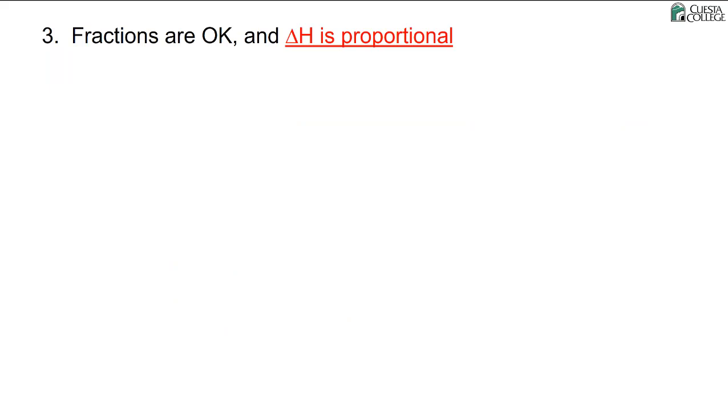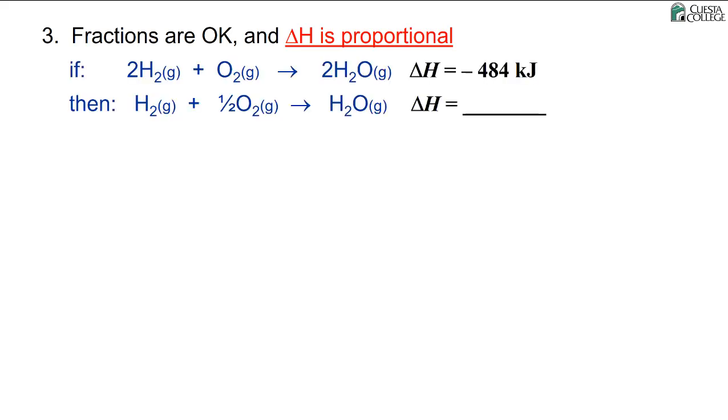In thermochemical equations, fractions are okay, and in some cases, fractions are necessary. Delta H, of course, is proportional to whatever the fractions are in the chemical equation. We can look at the first equation. If 2H2 plus O2 makes 2H2O, we have a delta H of negative 484 kilojoules. If we divide each of those coefficients by 2 to give 1 H2 plus a half of an O2 goes to H2O, the delta H is 1/2 of that value, so it works out to be